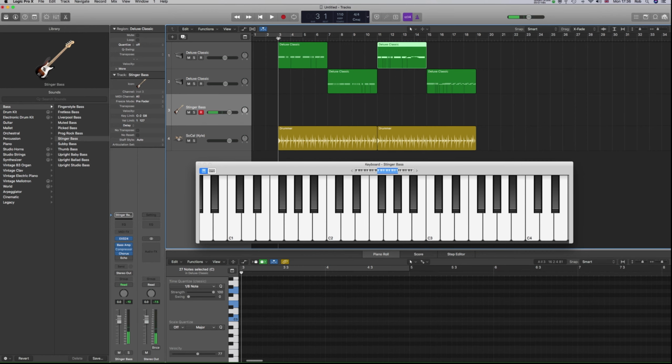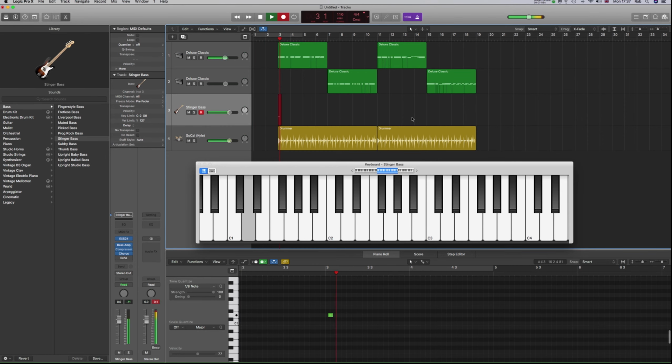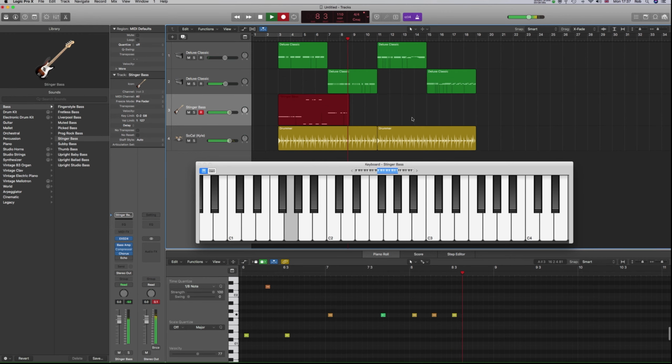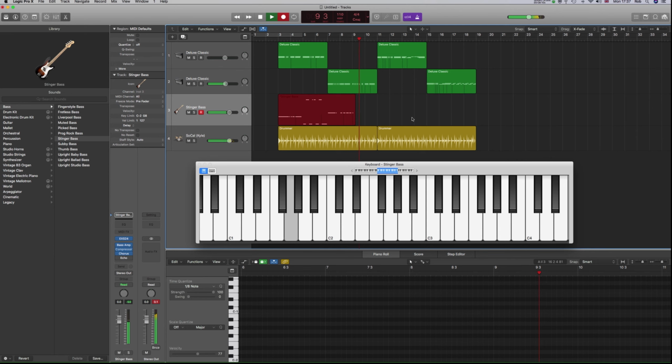So here we go. Of course, this one starts with, this is a D minor chord, so I'm going to start with this D here. So here we go. And then a G chord. Then a C,